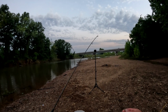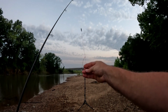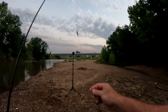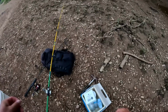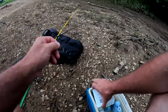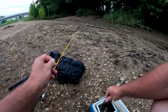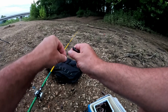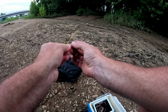It might be 10-pound test, but I tied me up a Kentucky rig here out of some 20-pound mono. I got a little 1/0 hook and a 1 ounce weight on it. This is a little bait holder hook. I'm going to put a night crawler on this one. I got another rod rigged up the same way, and then I have another one with a bigger hook and a bigger weight. This current's moving pretty good, so